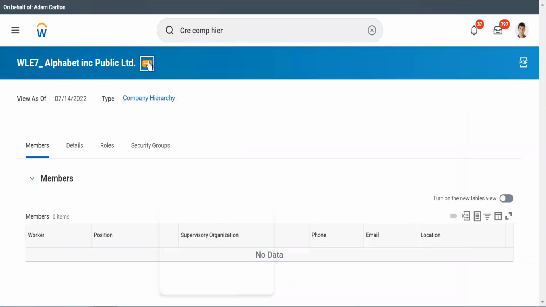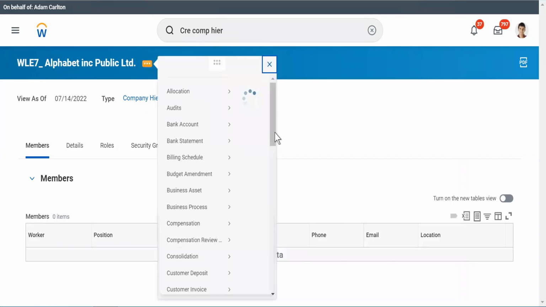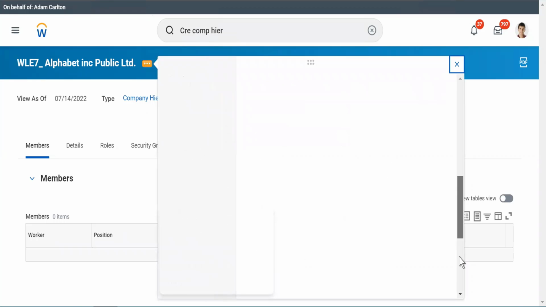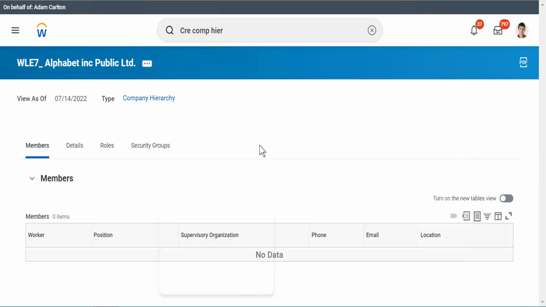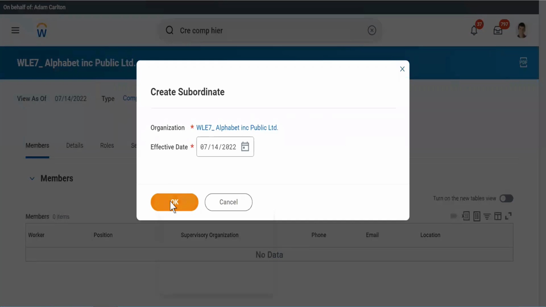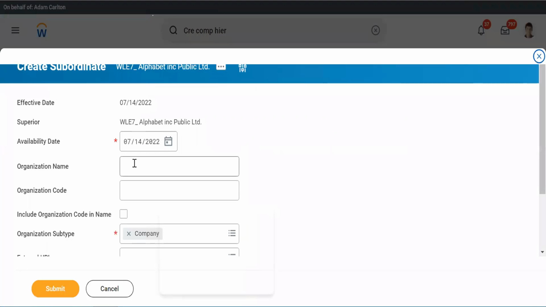Right, I'll try to click on that again. I'll go to reorganization. You see this? Create subordinate. So now, let's imagine I have set up a business. I have set up the business of Alphabet in UK.